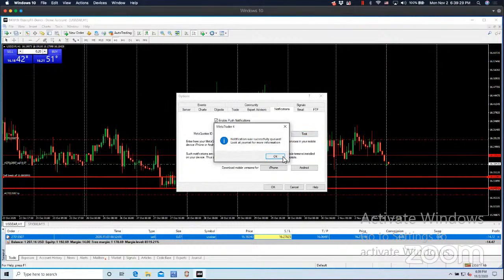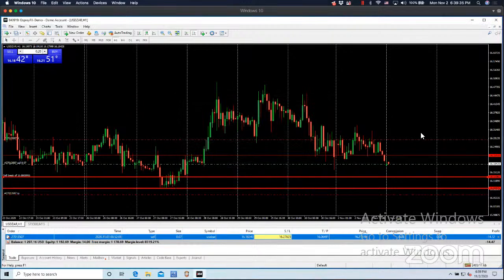Anytime. So now we got it selected so that we can get the alerts on the phone. I'll do something simple like update the stop loss. I just got a notification that my stop loss got updated. Same thing again. Another notification, my stop loss got updated. If I move the take profit,